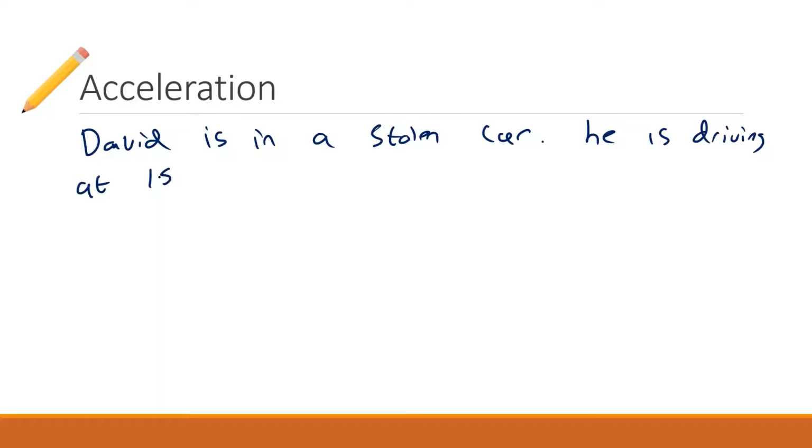David is in a stolen car. He is driving at, we'll go with stolen car even. Bro, who did this? Bro, that's GTA, bro. Automatic 5 stars. He is 5 stars for driving in a stolen car at 10 meters per second when